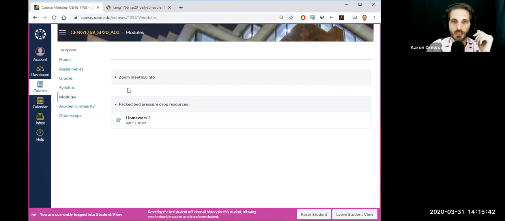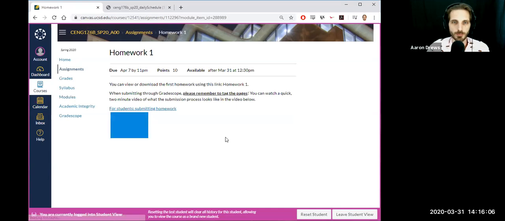Generally, the modules are set up according to the experiment. So there's going to be 2. The first one you're going to work on is packed bed pressure drop. That's one of those where a pop filter would be nice when you say packed bed pressure drop. And you'll just see that homework 1 is posted here. Any of the associated homeworks with the packed bed experiment will show up inside its module. And there'll be just a link here that you can click on, and that'll take you to the page. I actually forgot I need to add the link right here to get the actual homework assignment, but it'll be a PDF assignment, and you'll just be able to look at it in whatever you want for PDFs.